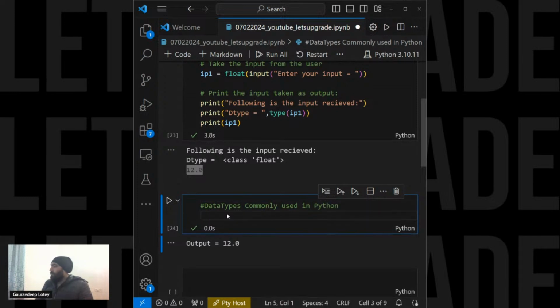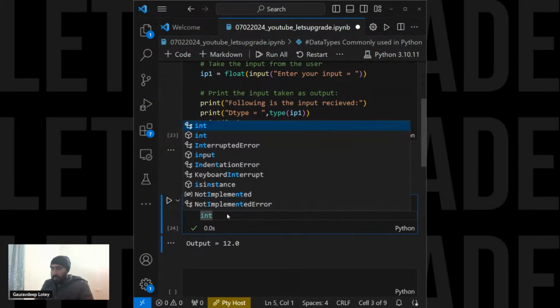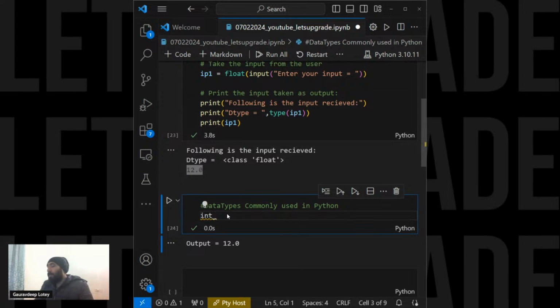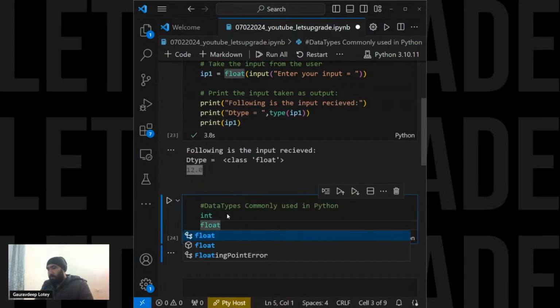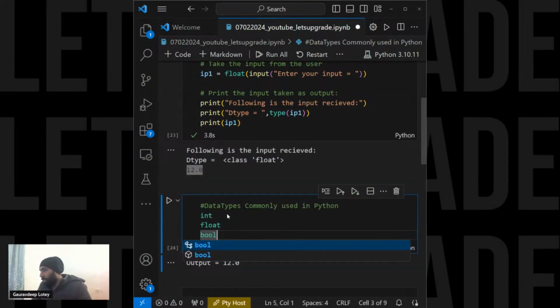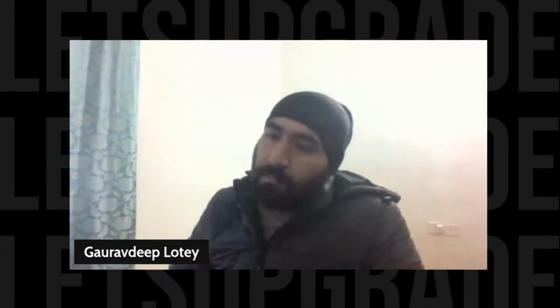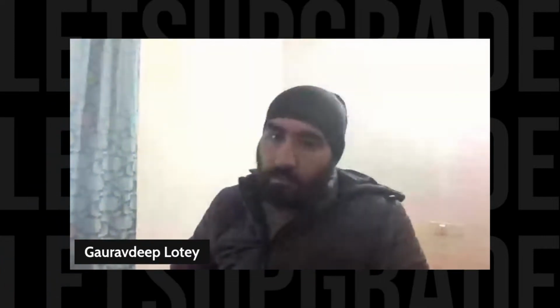Some data types which are commonly used in Python, one would be integer, right? So remember that certain data types like integer, float, boolean, they cannot be directly used as the variable name. Although you can, you should not use them directly. Instead,